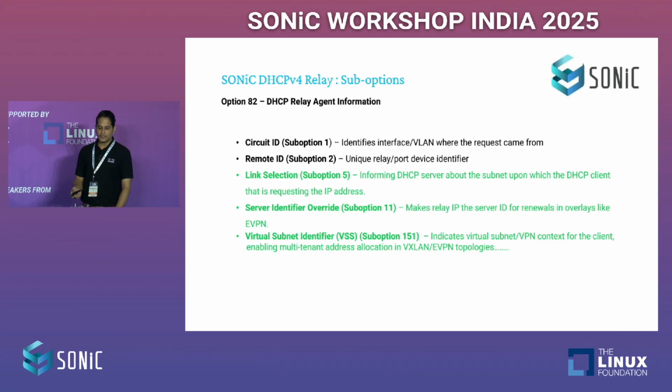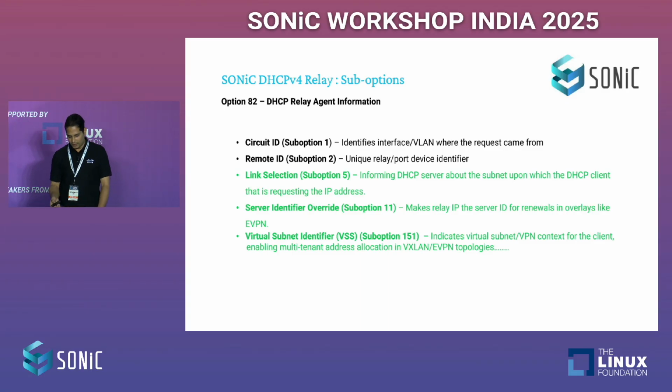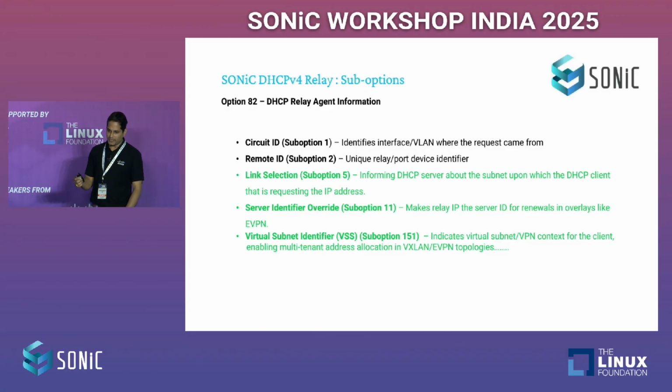That's where this option will be helpful. Basically, you inform the DHCP server about which VRF. This sub option has multiple options. You can carry the VRF name, the exact VRF name as an ASCII value, or you can have the exact VPN ID, a unique identifier for that VPN, to match on the DHCP server side. So with all these sub options,